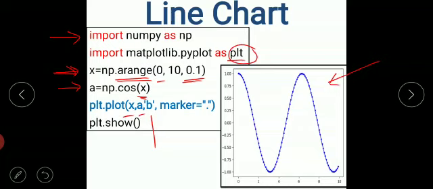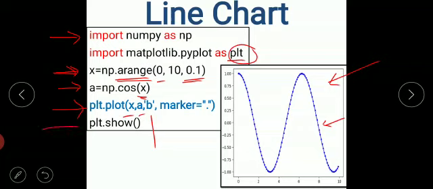marker is equal to dot. Here you can see the markers, right? You are having dots here. See, dots you are having, right? And these dots are connected by the line segment, right? So like this you can create your chart by creating the data values and then passing it into the plot function. Various color codes you are having, like r for red, y for yellow, and so on. We will go through each type of color and each type of marker in the later videos, right?